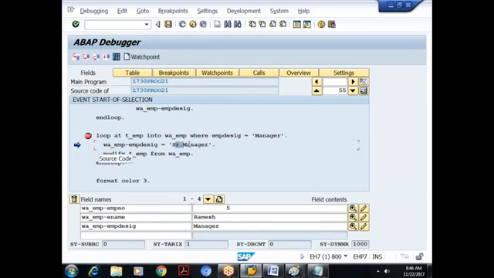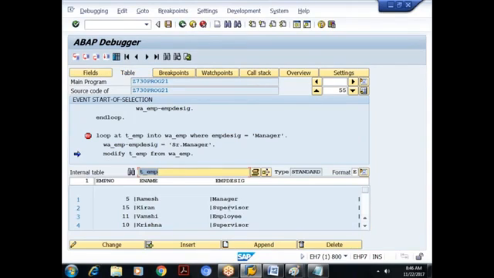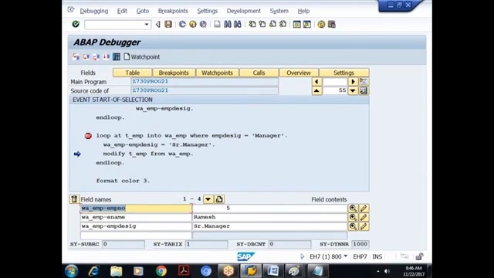Now I am doing the changes at the work area level. So see here, this Manager in the work area will be updated to Senior manager. So when I press F5, it got modified to Senior manager. But if you see the body, in the body for this record it is still Manager. So I should update the body also. SAP will have the intelligence about which record it has looped. Which record has looped? The first record only.